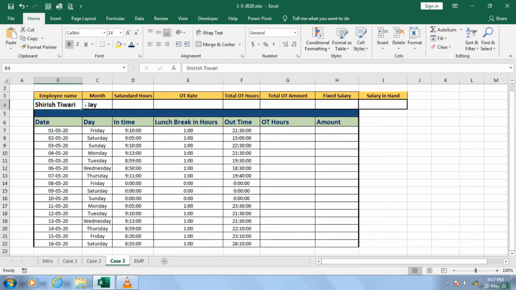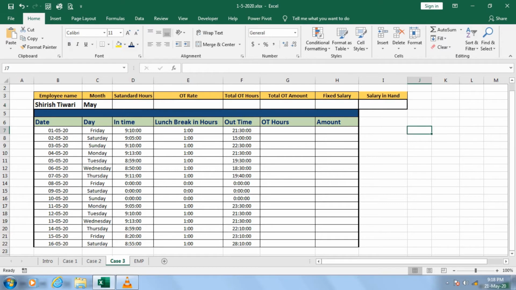Okay guys, now I want it over here. This is the name of an employee, Sirish Tiwari. I wanted the standard hours. When I talk about the standard hours, the first question that comes to everybody's mind is, I'm just taking a pause so that you can put it into the comments. You also just pause and find out whether you know the answer.